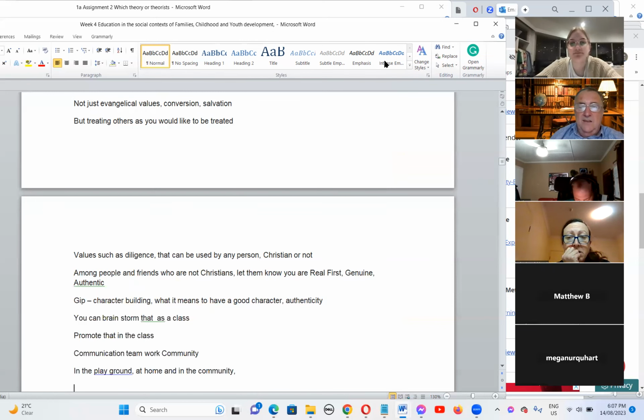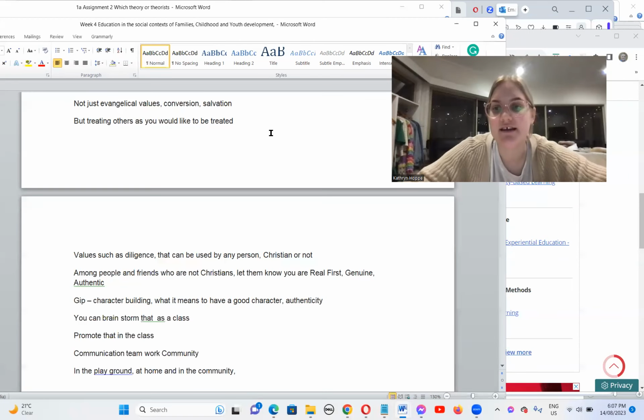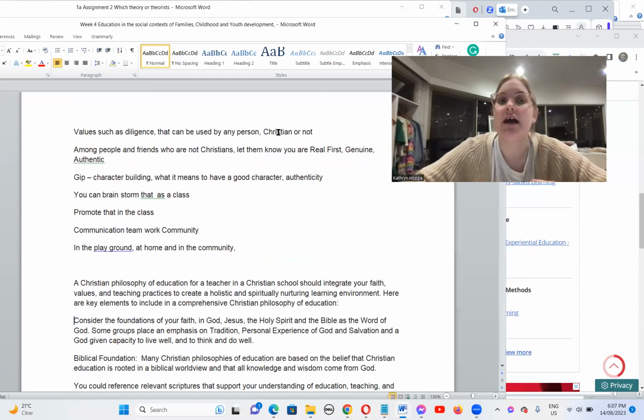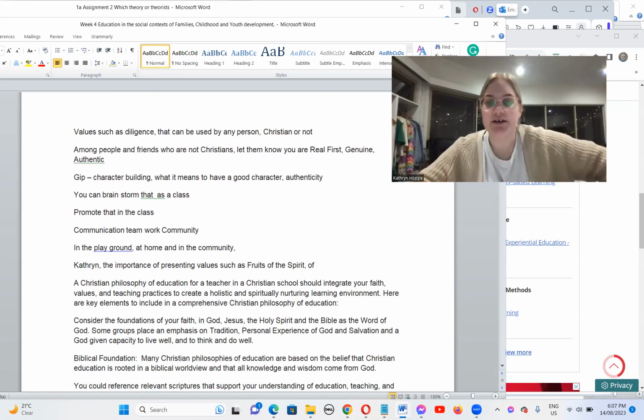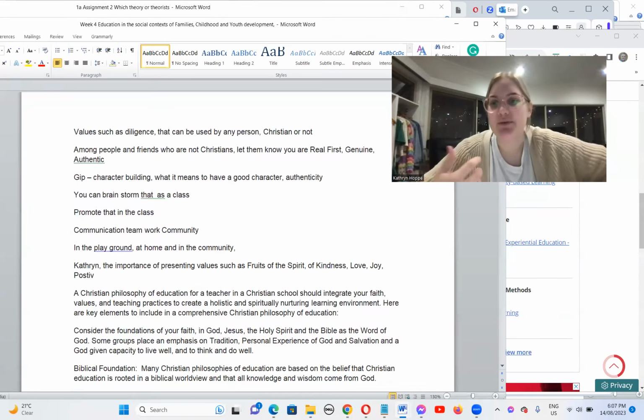Catherine, your thoughts on Christian values? Yeah, like David said, it's important whether you're in a Christian school or not to present those values, things like the fruit of the spirit, and encouraging children to show kindness to each other and to have that relationship with each other within the class.